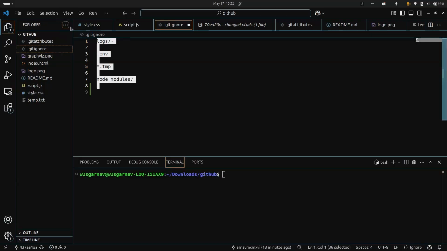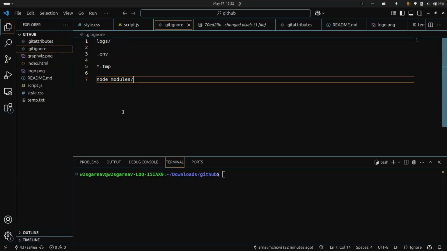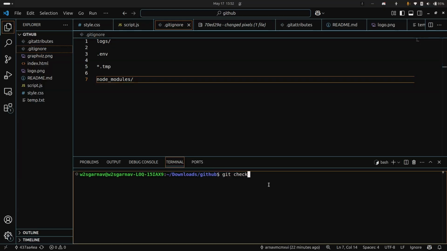You see that there are certain files that I've added here. Let me just save this file, and you will see that this is a .gitignore file that I've created, where logs, .env, tmp and node_modules are saved in it. You can check whether or not a file is being ignored. Ignoring files means that you don't want Git to track these files, like logs or secrets. So for that we created a .gitignore file, and we can also write git check-ignore -v